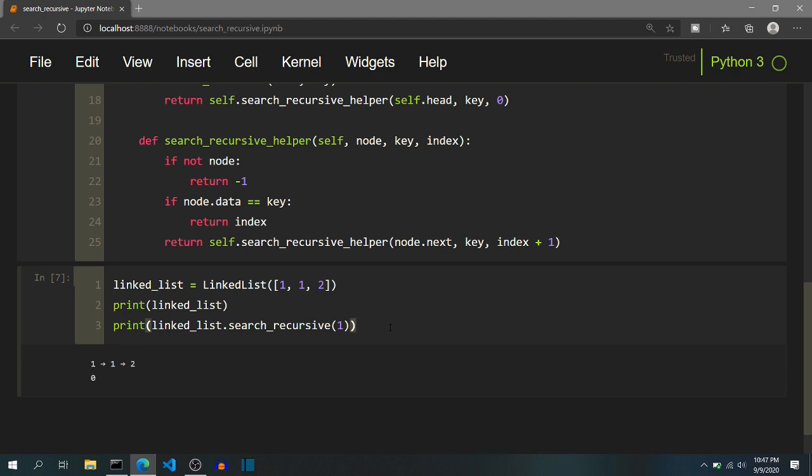The time complexity for this algorithm is linear, that is O of n, as the element that we are trying to find can be at the end of the list or not present at all. And hence we have to traverse the entire list in the worst case. The space complexity of the recursive code is linear, that is O of n, due to recursion stack usage. So definitely use the iterative code unless you are specifically asked to write the recursive code.